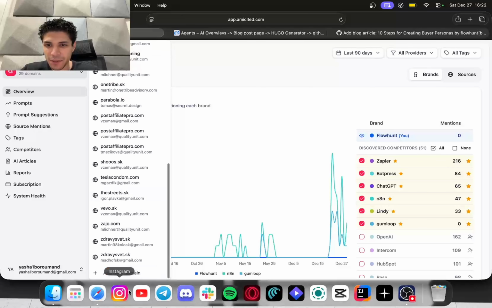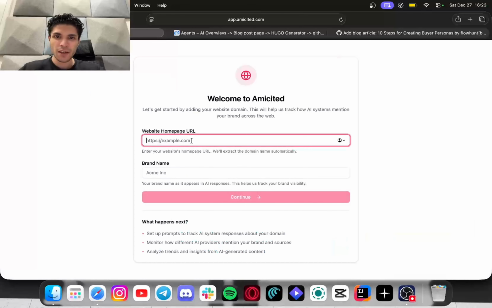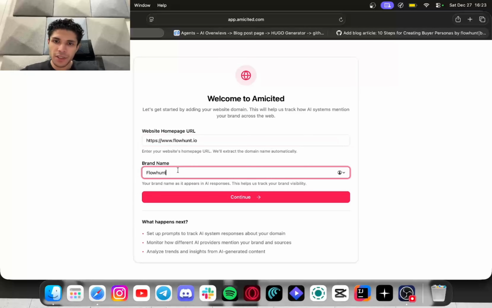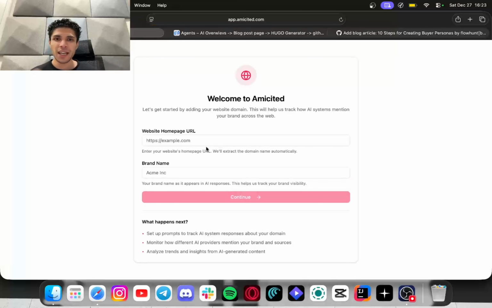As the first step, once you sign in, these are really easy steps to start adding your web page. So I'm gonna add my own web page. And you can also add your own brand name. So these are two different primary factors to start adding your web pages. Now I have my own web page added already, so I'm gonna skip this section.